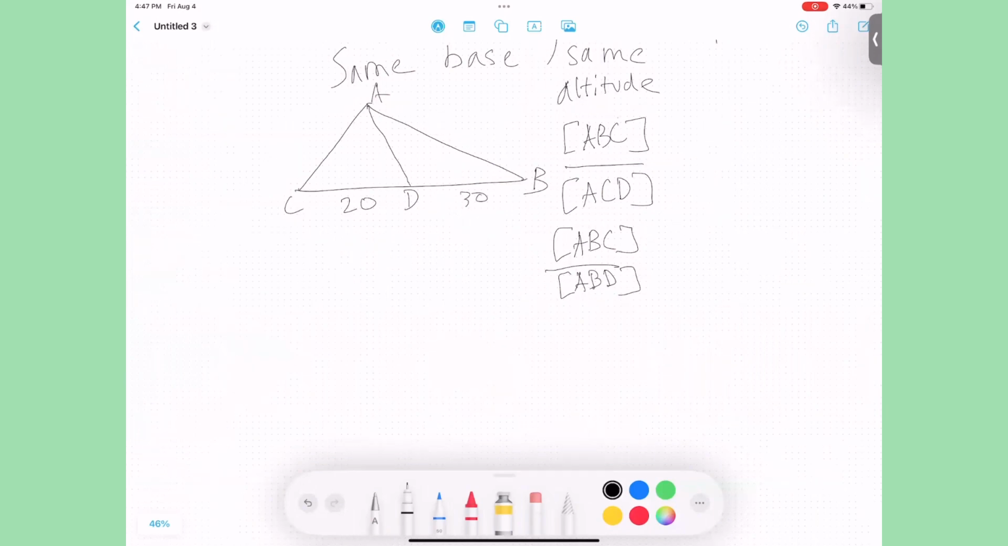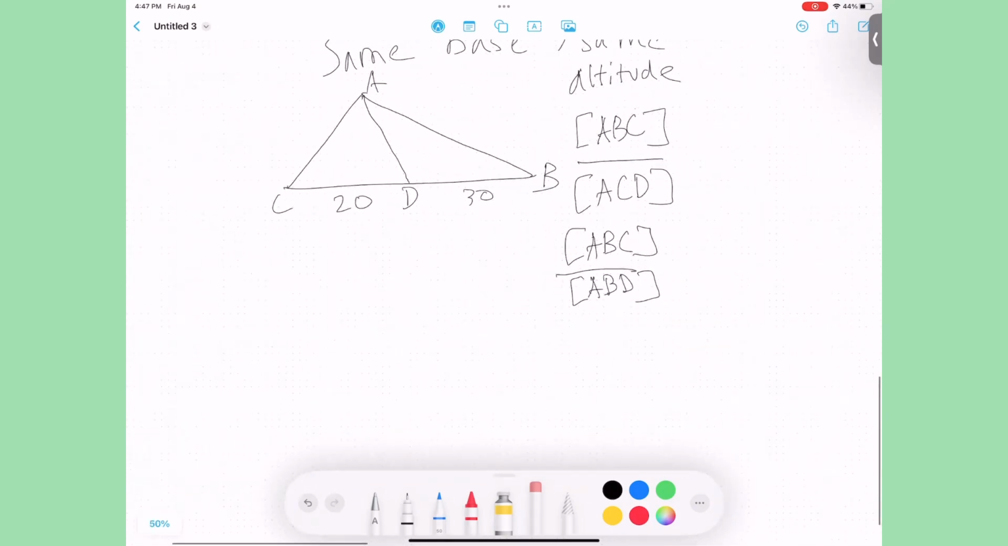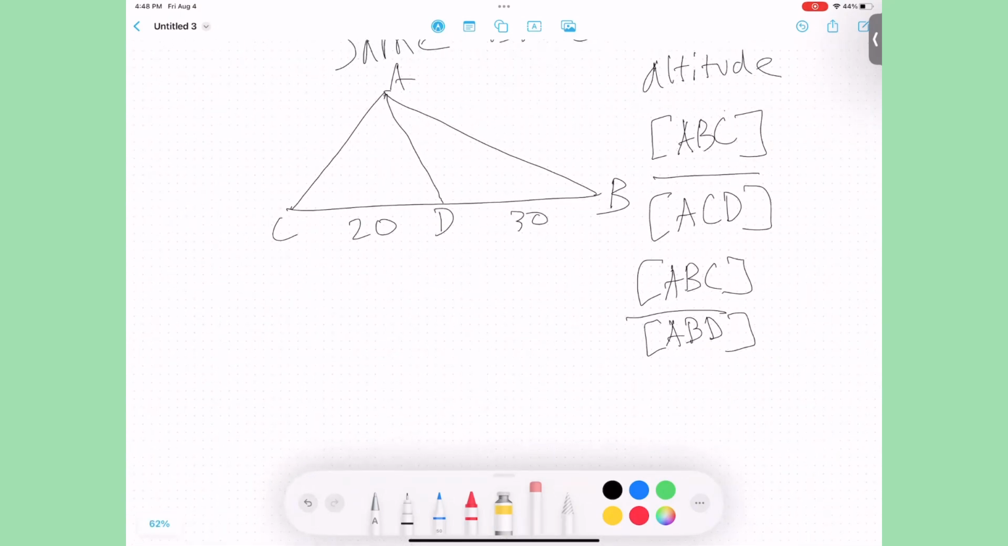Basically, there's only one key step in this problem, and actually, do you guys want to try this problem, or should I just go over it? Yeah, let's just go over it for the sake of time. Basically, in this problem, there's only one key step that you have to recognize, and that is that the altitude in this triangle is equal for all three triangles: ABC, ACD,